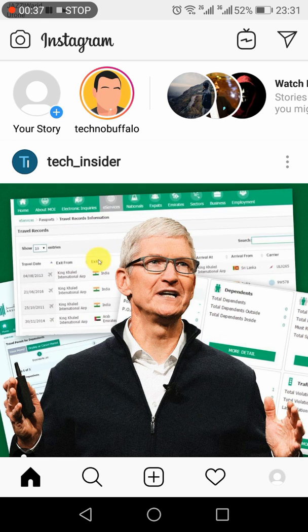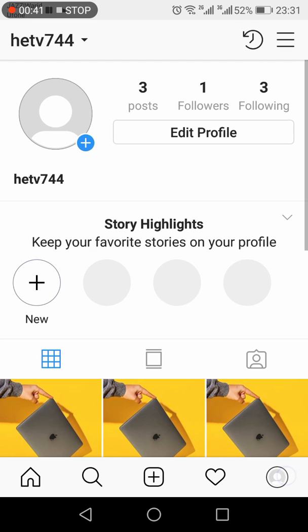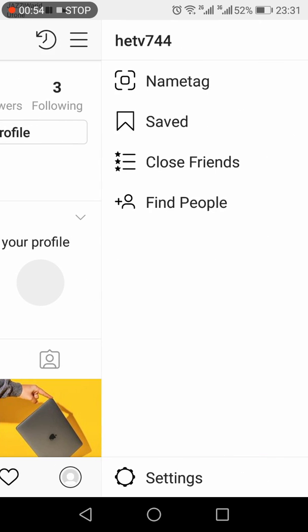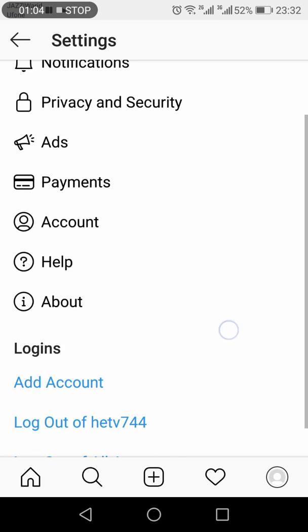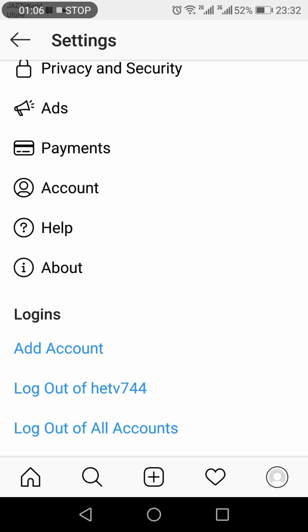You need to open the Instagram app, and then go to the bottom right hand side icon through which you will be able to access your profile. And in your profile page, you need to go to the top right hand side, three horizontal lines, which will give you access to the settings, which are now on the bottom center. Click that, and from here you need to click the account,